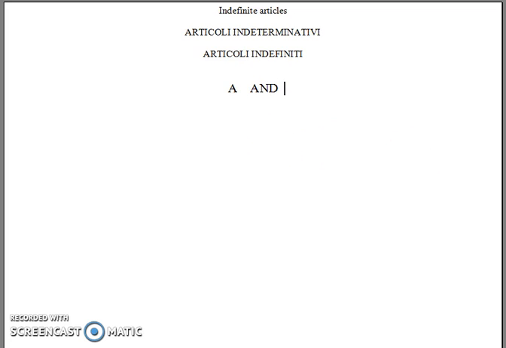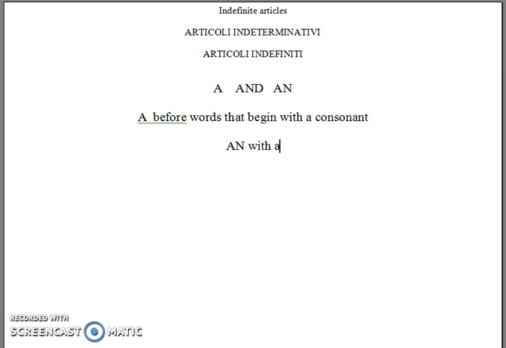a and an. As you all know, a appears before words that begin with a consonant. An appears before words that begin with a vowel. Example, a city,